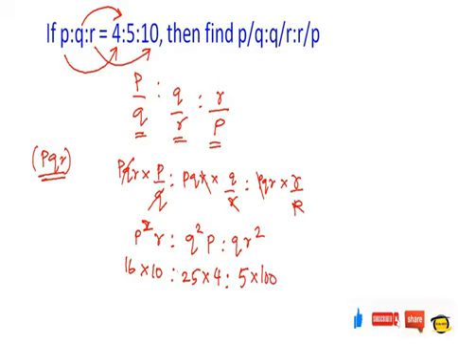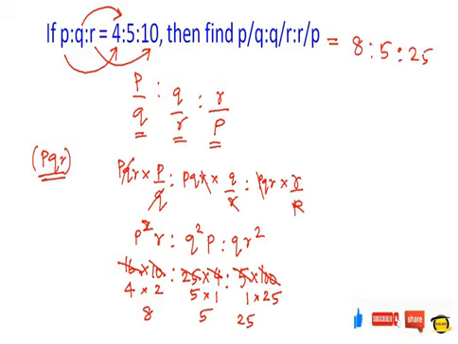As we can clearly see, all the three terms have a common divisor of 5. So this would become 2 5s are 10. This would become 5. This would become just 1. Now we can clearly see that all the three parts have again a common divisor as 4. 4 4s are 16. 1 4 is 4. 25 4s are 100. So what is going to be the final answer? 4 2s are 8. 5 1s are 5. 1 25 is 25. So the ratio of these three terms is going to be